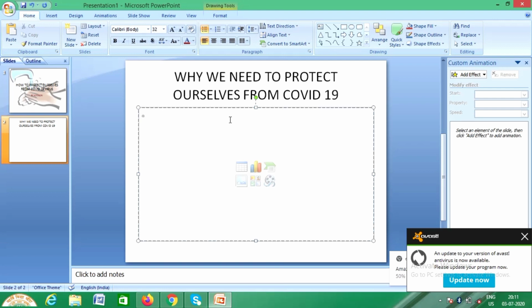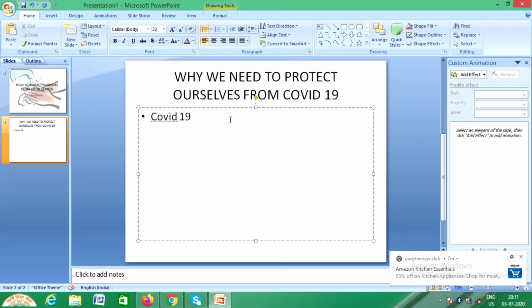some more things here. So I'll be writing here first what is COVID-19 virus. So everyone should know that. So first I'm writing here COVID-19. It is what? It is a virus, isn't it?